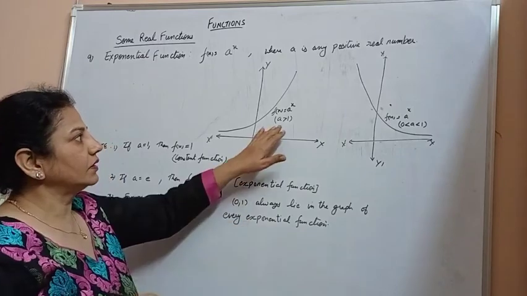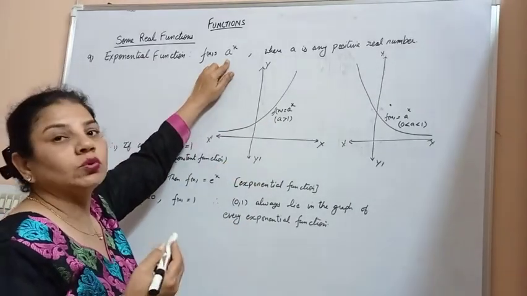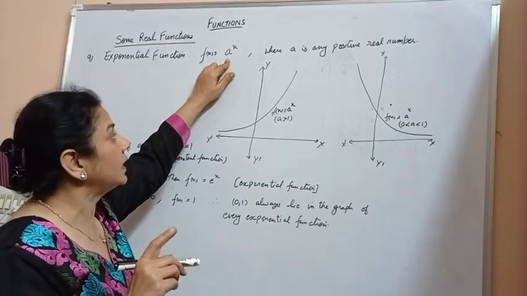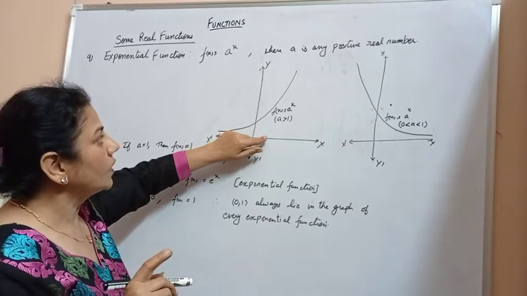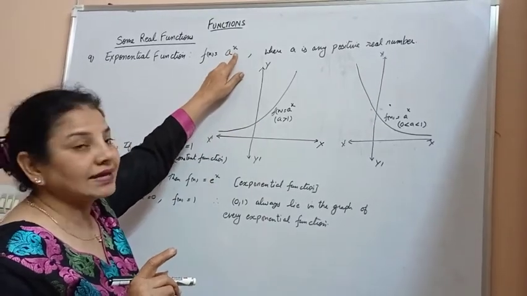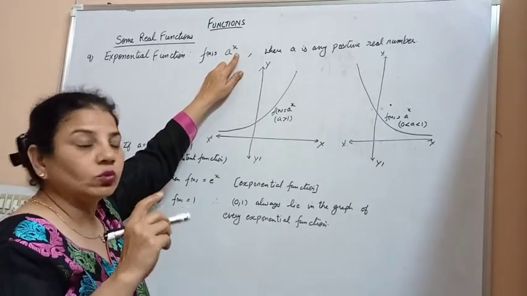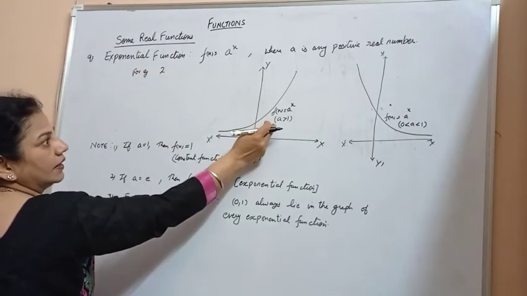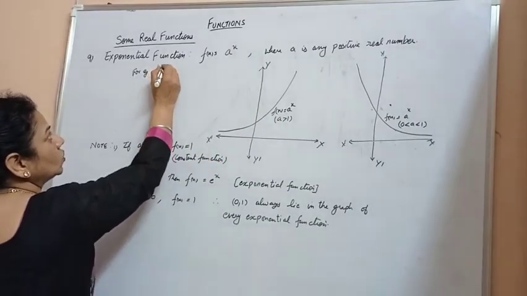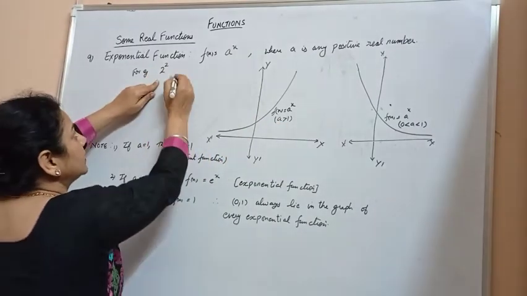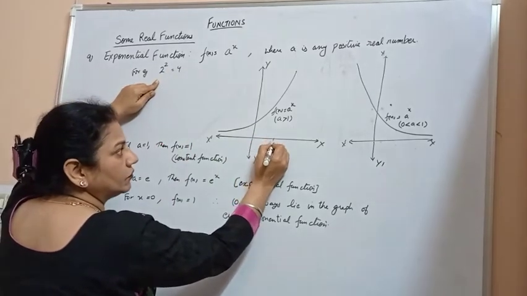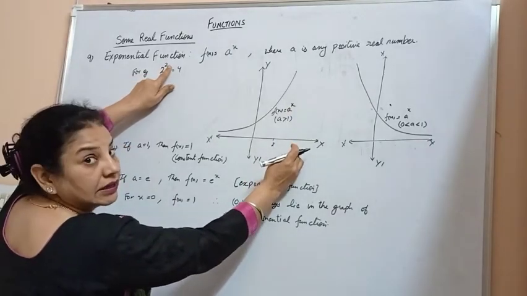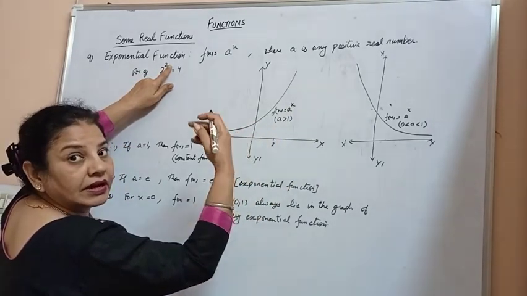Because when a is greater than 1, say 2 to the power x, 2 to the power 3, 2 to the power 4. If a is 2, and we give the power values 3, 4 and so on. For example, a greater than 1 means a is 2. So 2 to the power 2 gives the result 4. Here, if I have x as 2, the corresponding value of y is 4. If x becomes 3, the corresponding value is 8.